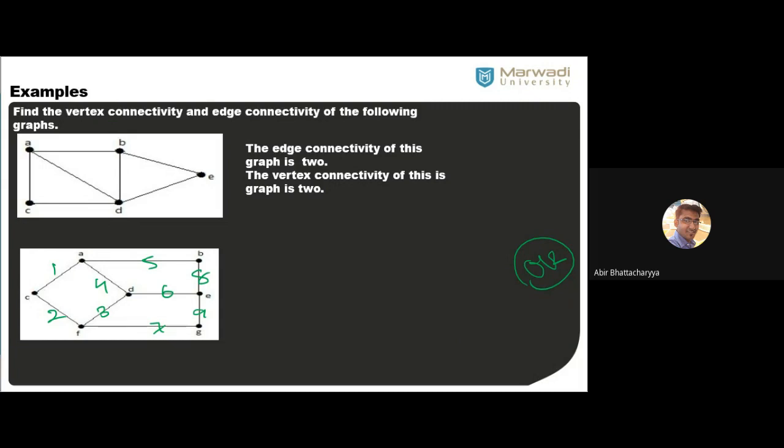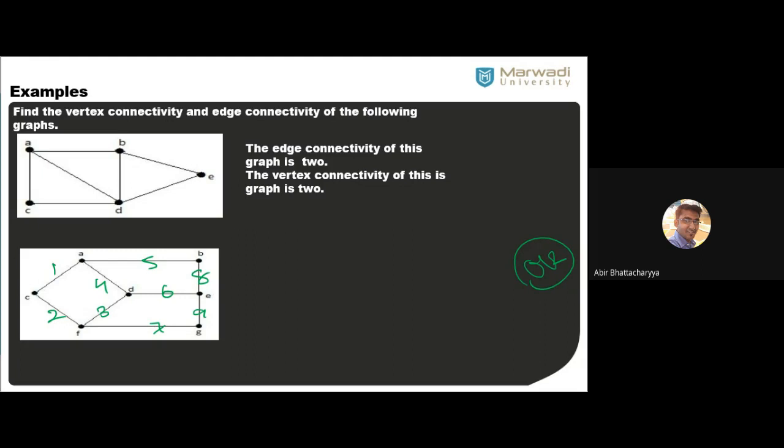Tell me, what is the EC? Edge connectivity. Very good. Why? One and two. You can remove 1 and 2. Very good. So EC is 2, all of you. Sit down. 1, 2 is the edge we can remove. Also, we can remove 5, 8. No problem. Now, next thing, I will ask vertex connectivity to Meti.